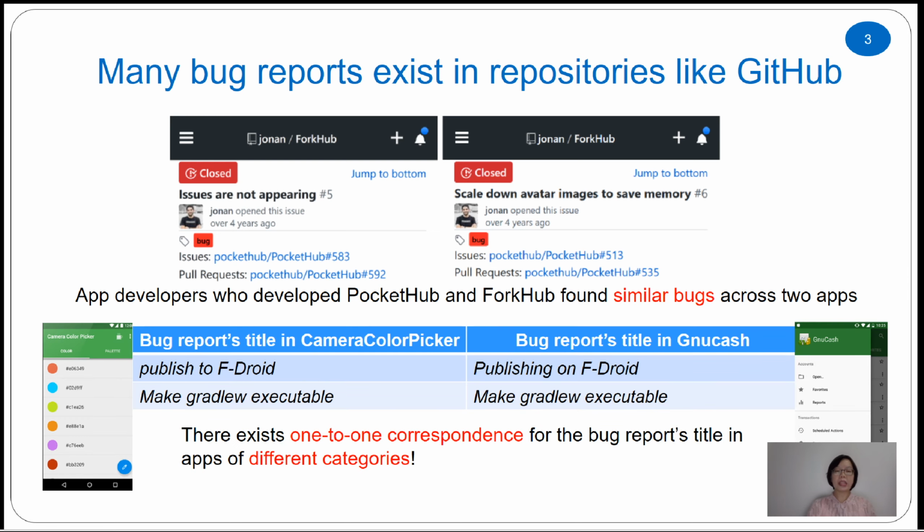But what is unique is that we even find similarities between apps of completely different categories. One is Camera Color Picker, the one you see on the left-hand side, and then GnuCash, the one you see on the right-hand side. For example, in the second bug report title, because both apps rely on Gradle for compilation, they need to make the Gradle build file executable for easy future compilation. So this tells us that there exists almost a one-to-one correspondence in the bug report titles in apps of different